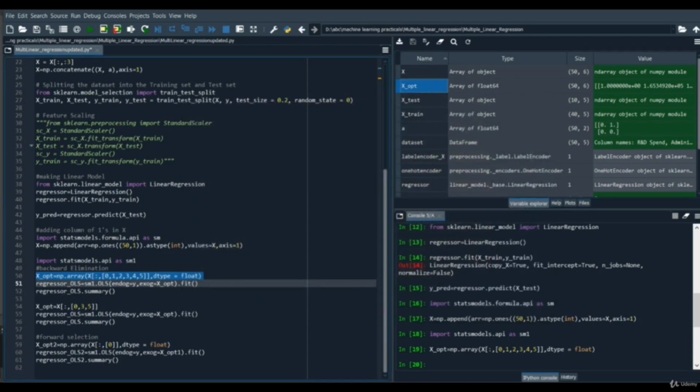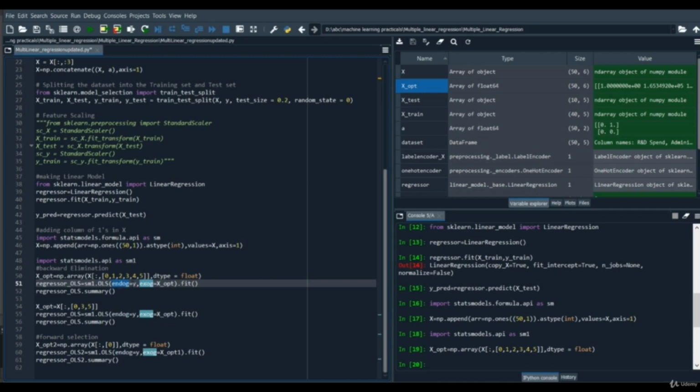Now after that we are going to use the statsmodels API and its function OLS. As you can see, first we created an object, regressor_OLS, and then we passed sm.OLS, and in it we use two required arguments, that is endog and exog. Endog is for the dependent variable and exog is for the independent variables.